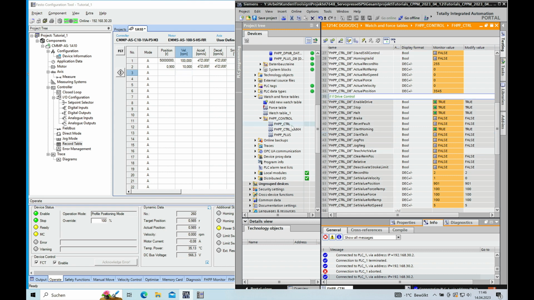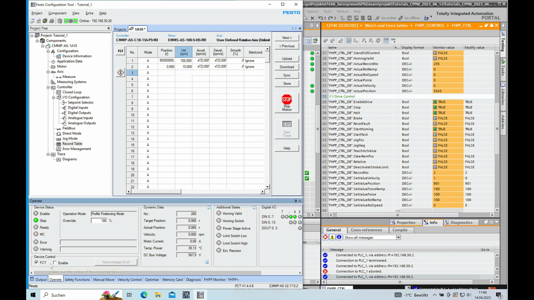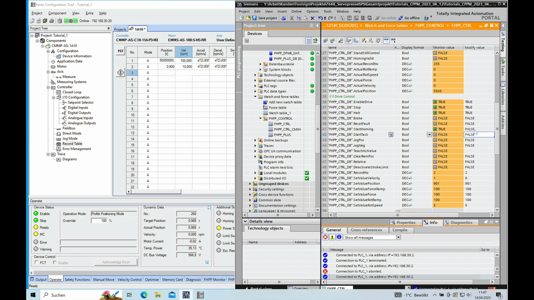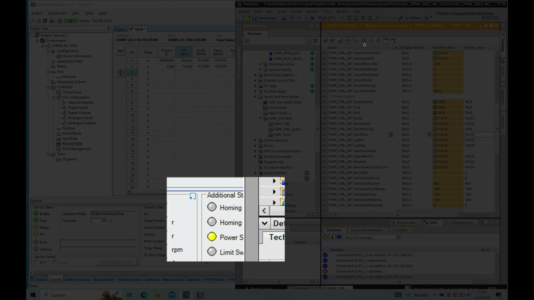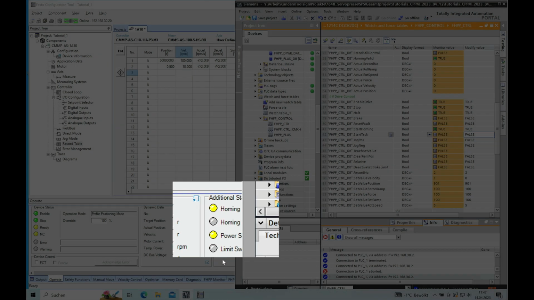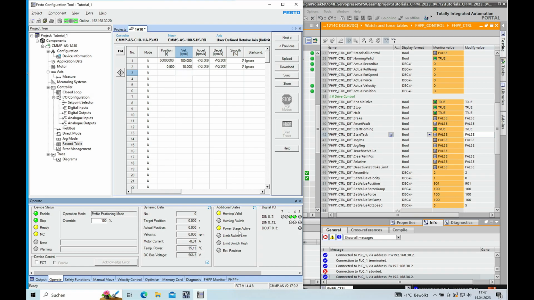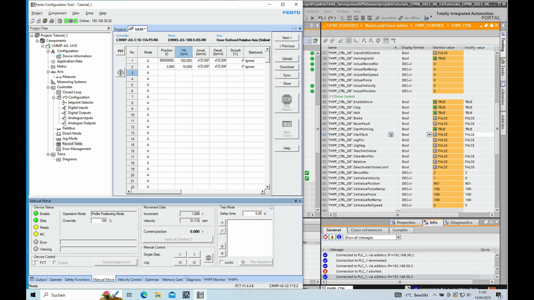And if we set this high signal, we should see the homing. In order to activate the watch table, the drive cannot be operated from the FCT tool, so I need to switch this off, and then we are enabled, and now I have to do this whole thing again here. I set this start homing again, and then we will see that the home position is being switched on right here in this section, and we are able to operate the drive in manual mode from the FCT tool, which